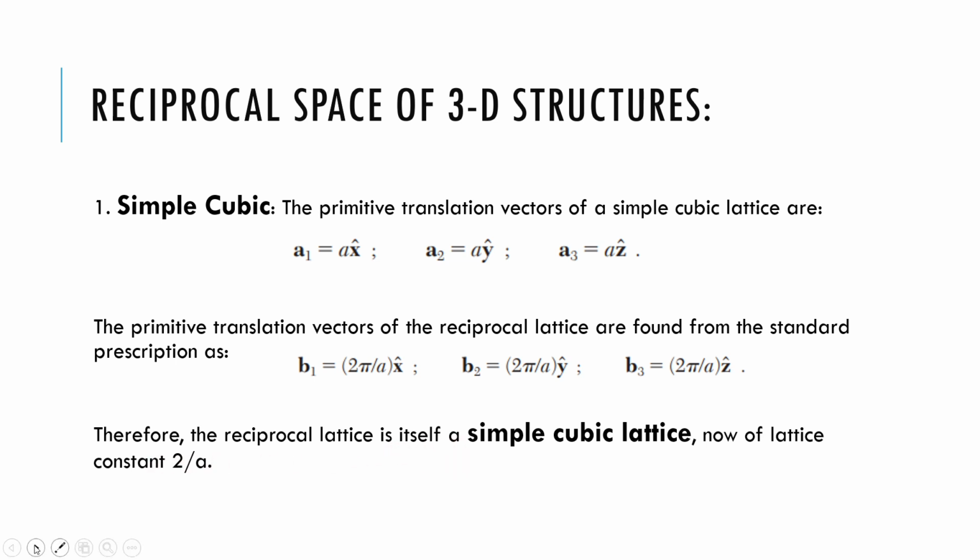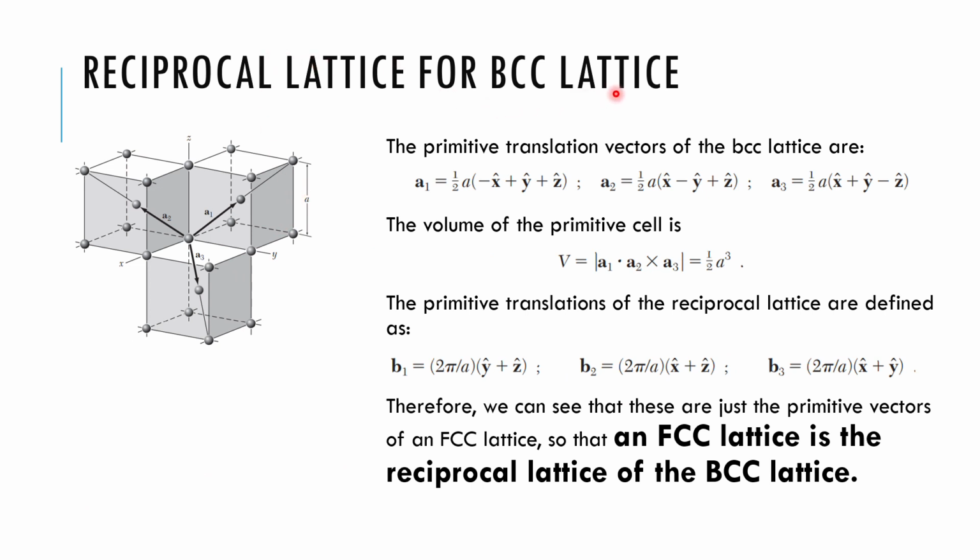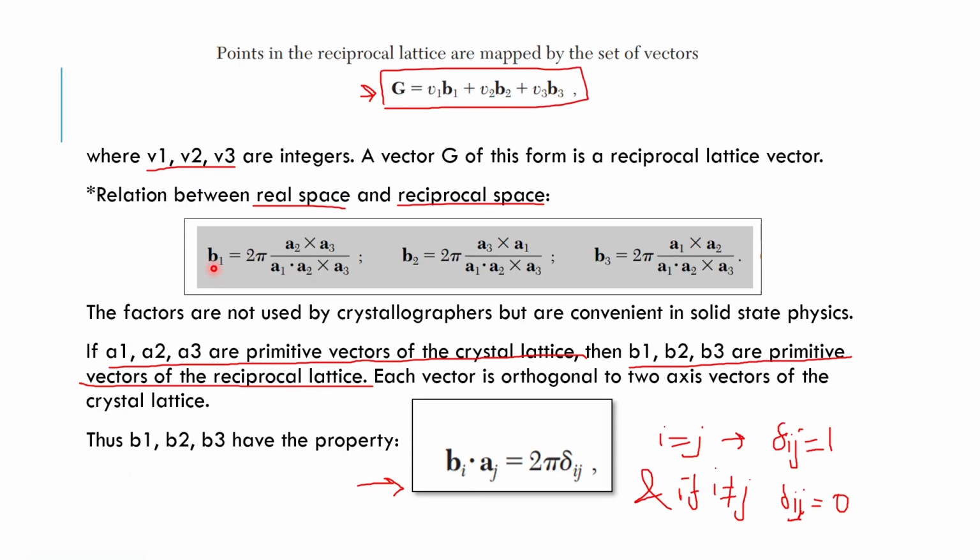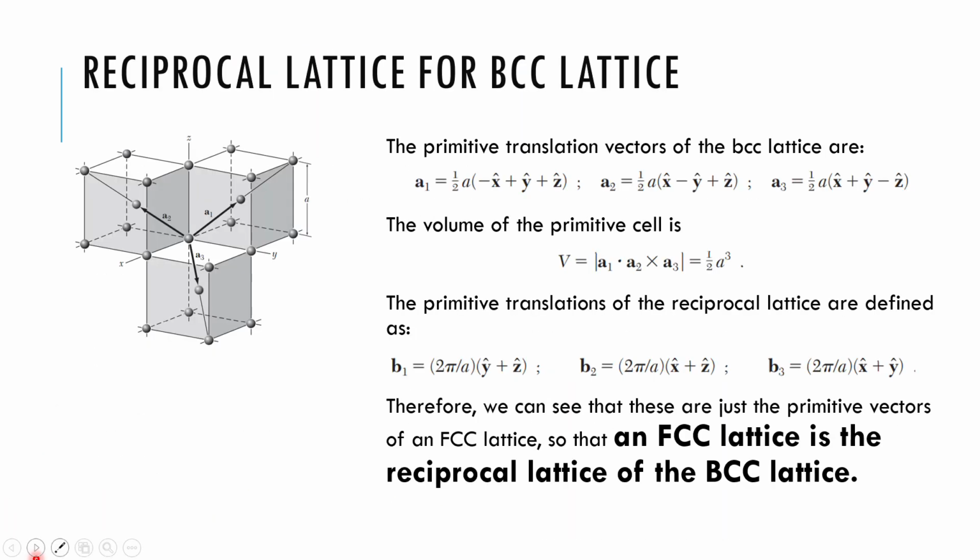Reciprocal lattice for a BCC lattice. For a BCC, as we all know, the primitive lattice translational vectors are these, and the volume of a primitive cell can be found using A1 dot A2 cross A3. Then, using the relationships we saw in the previous section, B1, B2, B3, using these formulas we can find the primitive translations of the reciprocal lattice, and that, to our surprise, is nothing but the vectors associated with the FCC